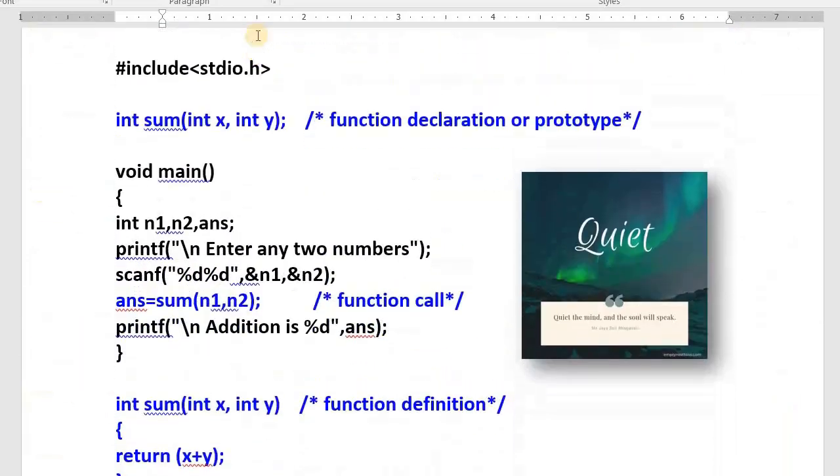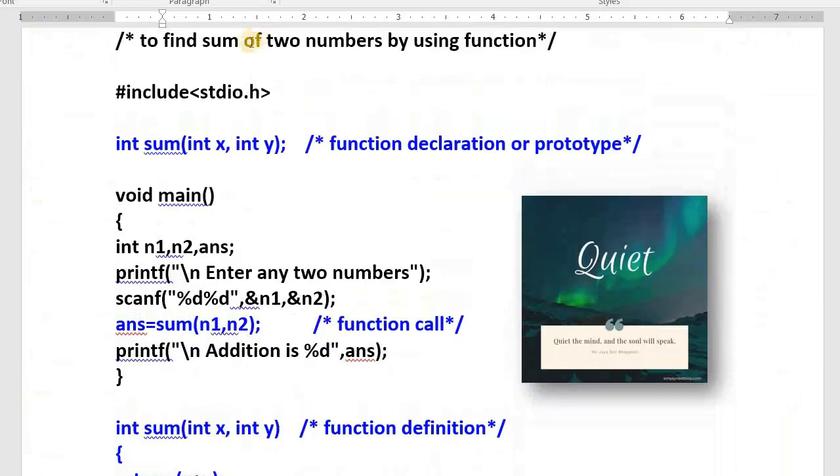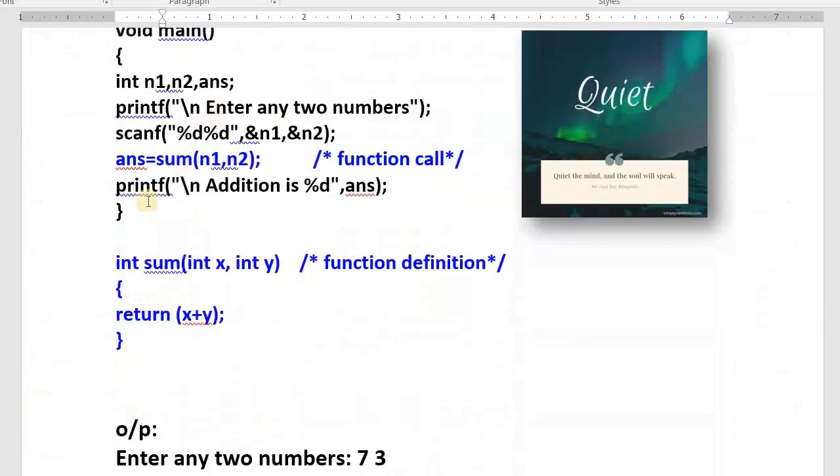Now I am creating my own function called sum. See here, this is one small sub-program or a function. What is the name of the function? Sum. It takes two integers. It will add those two values and gives me back the result. This is called the function definition. That means: what is the function name? Sum. How many inputs will it take? Two. Which type of value does it give back? Integer. It just makes the sum and gives the value back. That's all. This is called the function definition.